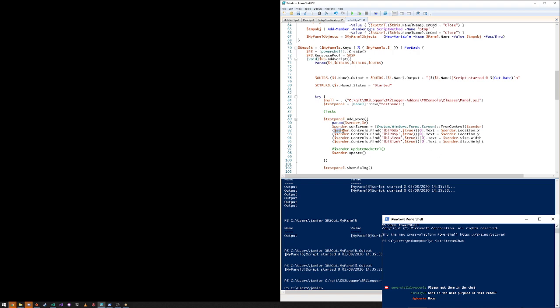I want to, in this case, set the docking. Let's see if I can set the docking dot